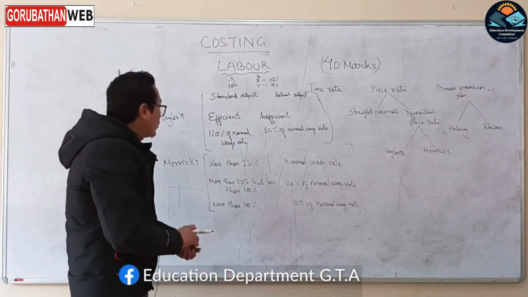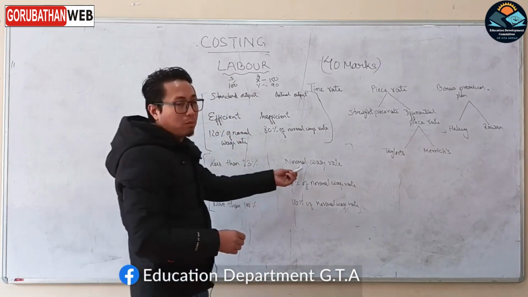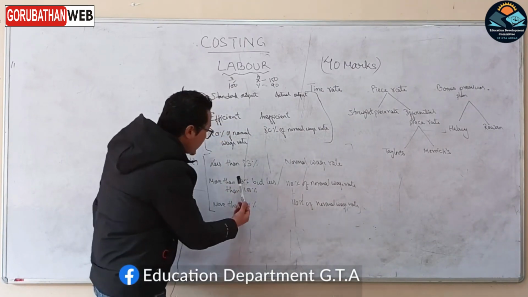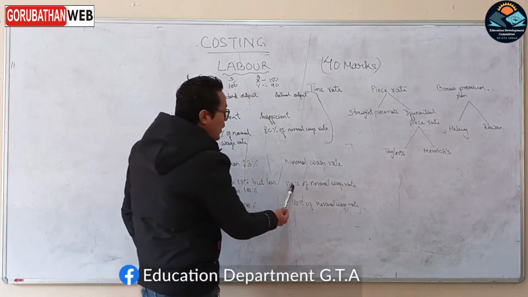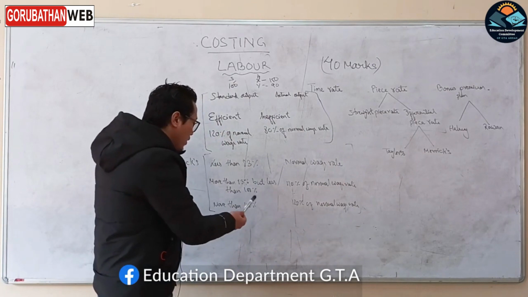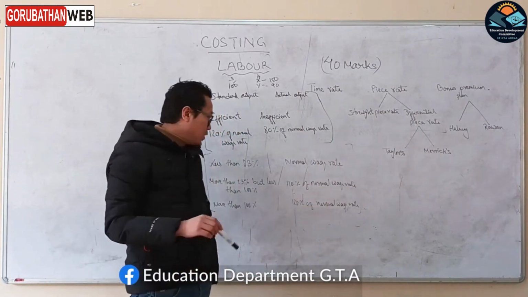मेरिक्सको सिधै कुरा छ। अब कोही 83% भन्दा बिलो काम गर्यो भने उसलाई सिधै नर्मल, जस्तो कि अघि केसमा हामीले 10 रुपीज, 10 रुपीज मात्र पाउँछ। तर कोही 83 देखि 100 को बिचमा परफर्म गर्यो भने उसले 110% अफ नर्मल वेज रेट पाउँछ। कोही वर्कर्स 100% भन्दा बेसी गर्यो भने 120% अफ नर्मल वेज रेट पाउँछ भन्दैछ। ठीक छ।